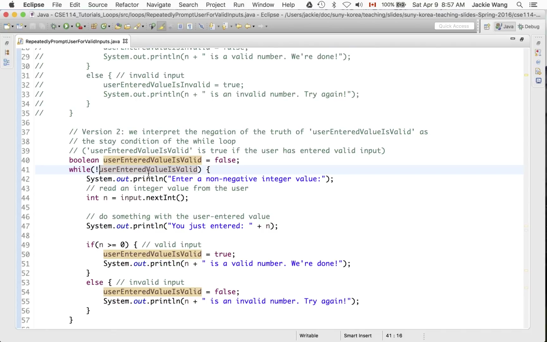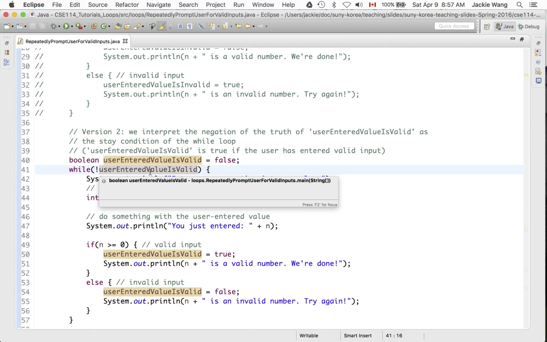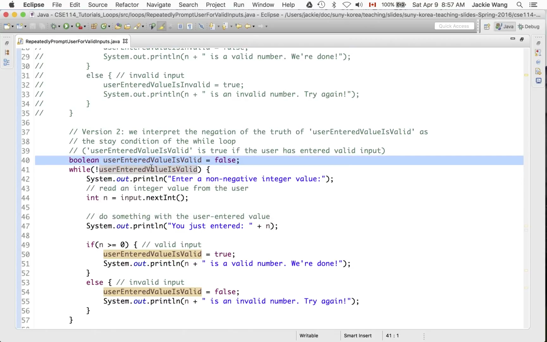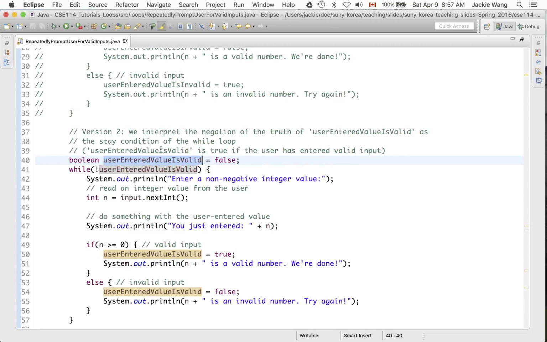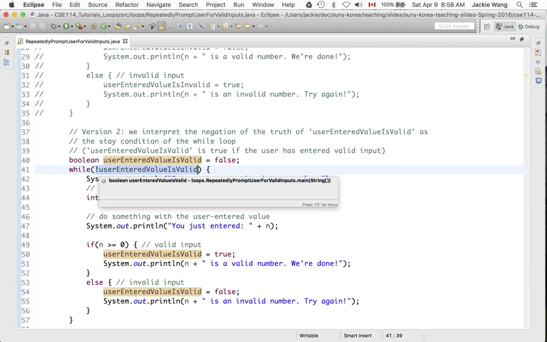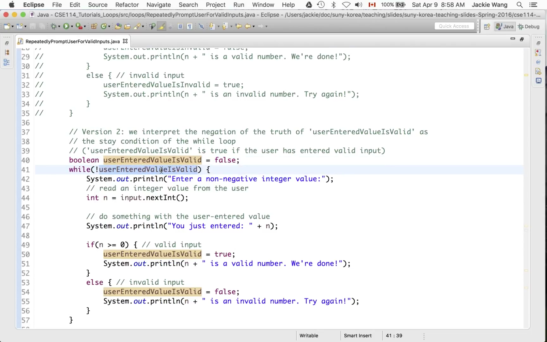Okay, let me recap what the second version is about. First of all, we declare a boolean variable here. This boolean variable is user enter value is valid. It's quite self-explanatory in the variable name itself. So this boolean variable is true if the user enter value is actually valid. Initially, we simply say the user entered input is not valid. That's why we set it to false. Because it is not valid, and the state condition says that as long as the user enter value is valid